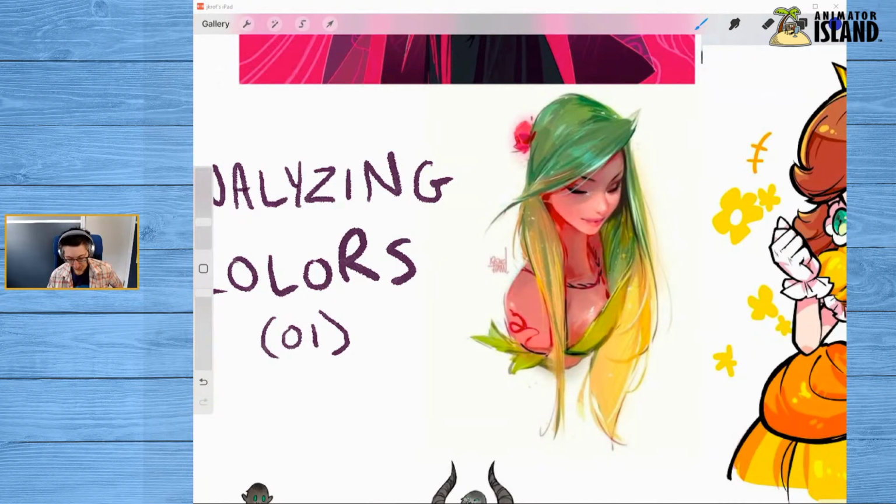This piece I really like because of the hair color, with the subtlety between the green and the yellow and the transition. I really love that. I could take or leave the skin tone. It's fine. The rest of it works lovely. It's the green and that yellow that really draw me. Green especially is tricky to work with, so when somebody does it well, it really draws me in.